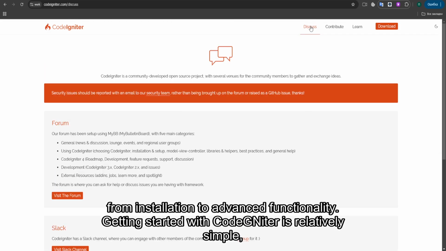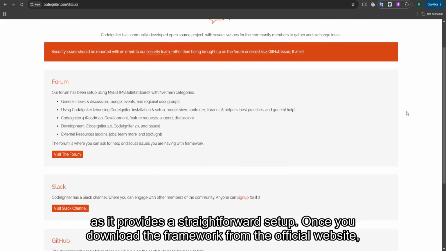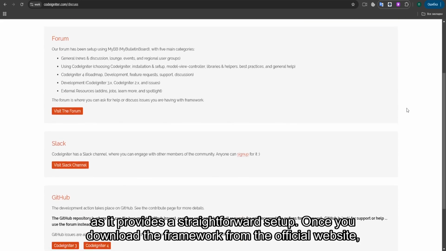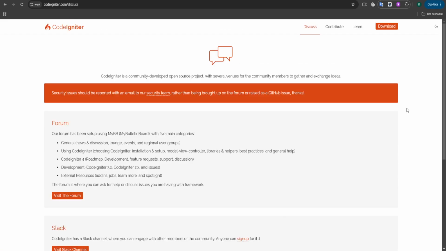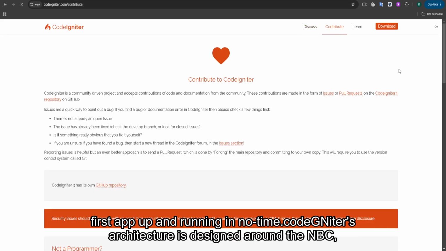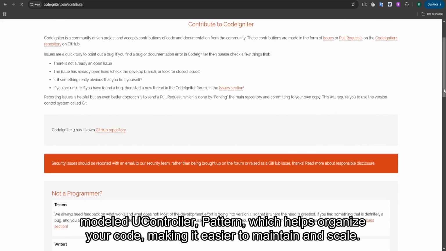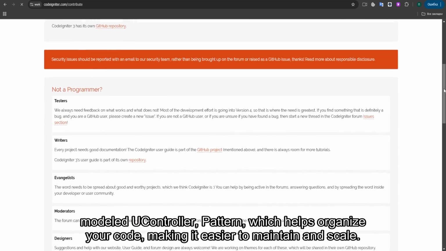Getting started with CodeIgniter is relatively simple, as it provides a straightforward setup. Once you download the framework from the official website, you can easily integrate it into your development environment. The installation process is quick, with clear documentation available, and you'll have your first app up and running in no time. CodeIgniter's architecture is designed around the MVC, Model View Controller, pattern, which helps organize your code, making it easier